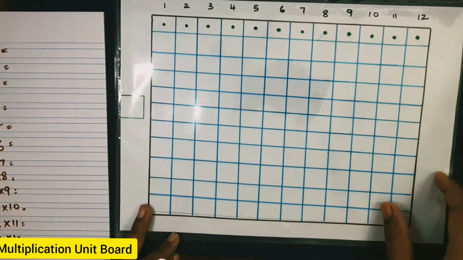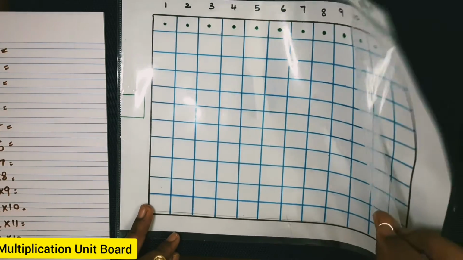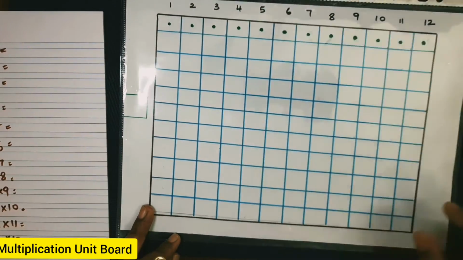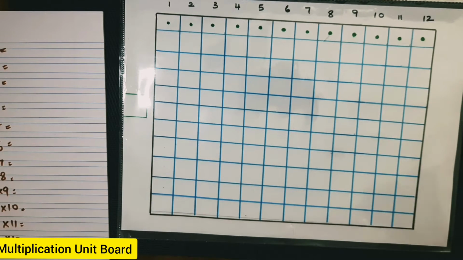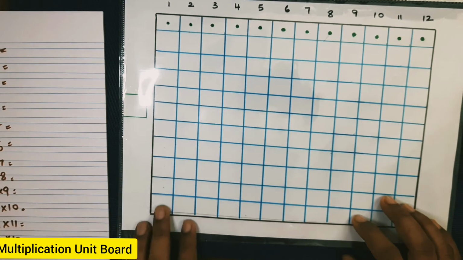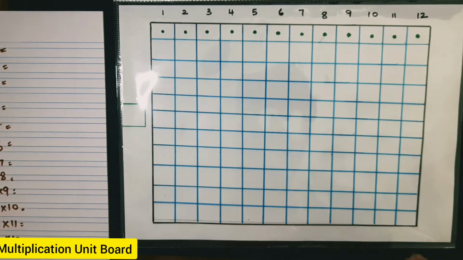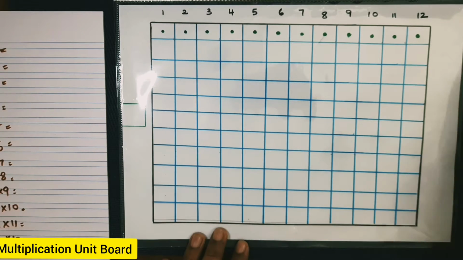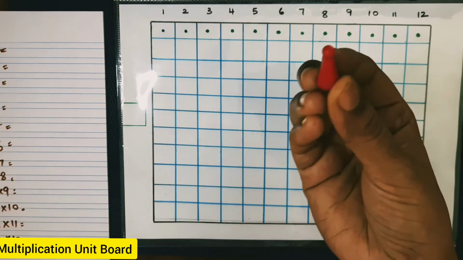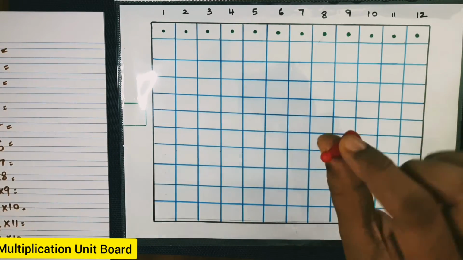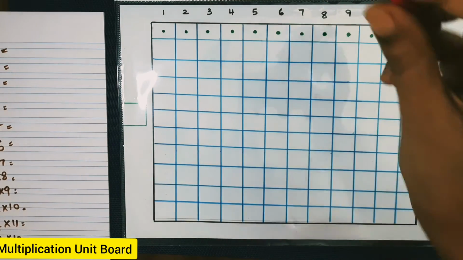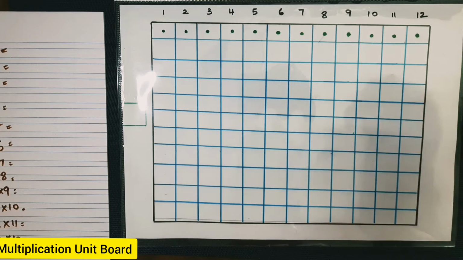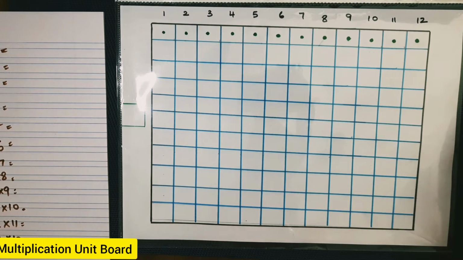cover. Okay, so these covers are available in all stationery shops, or you can laminate it, so that it will be useful in the long term. And you need a counter like this. Okay, it could be a small toy. I have taken this from a Snake and Ladder game. We call this a skittle. It's basically a counter, or you can say an indicator.